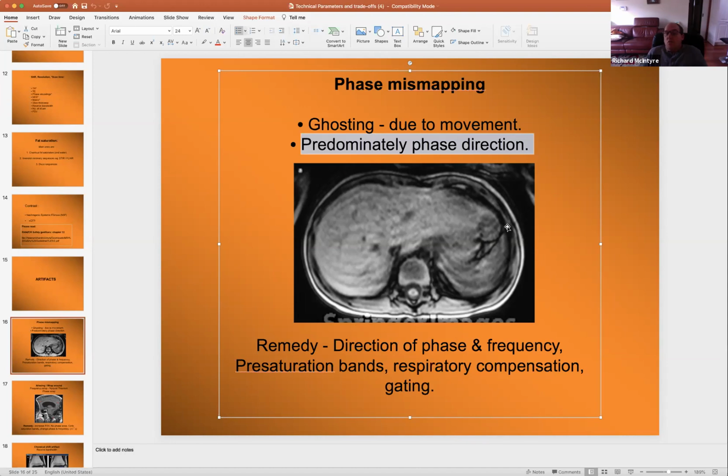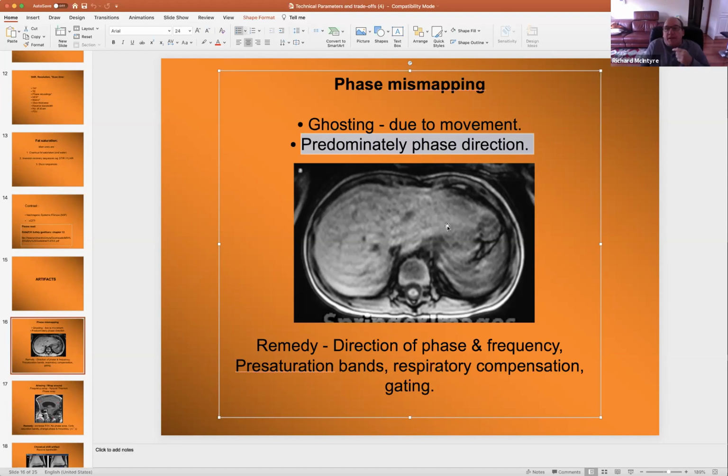Okay, so if we're doing an axial image like this, we can change the phase and the frequency direction just by flipping a switch. And you probably saw that when you're on clinic. Okay, however, the slice direction, you can't change. If you're going to do an axial image, you're always going to have the slice direction as superior, inferior in this situation. Okay,